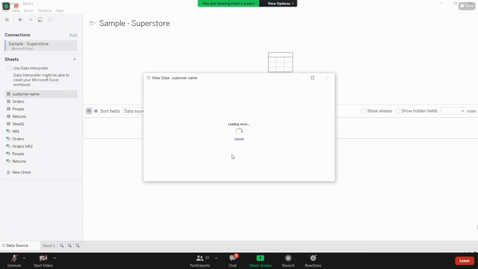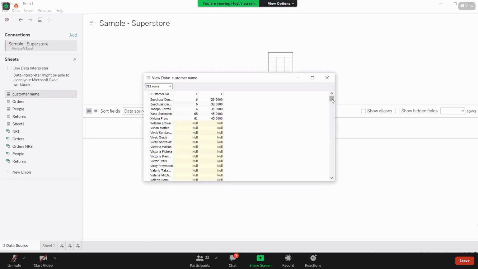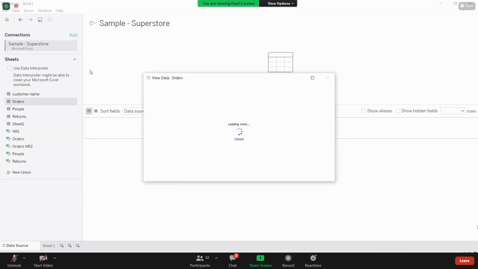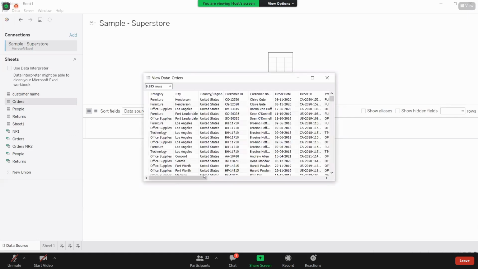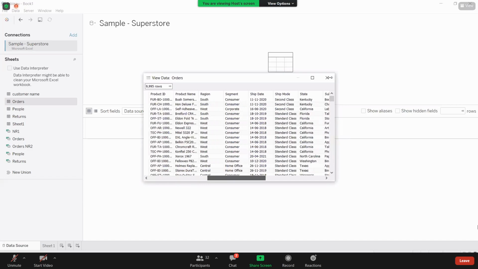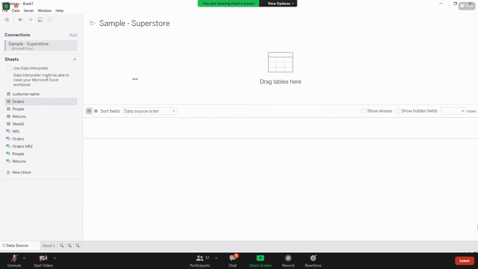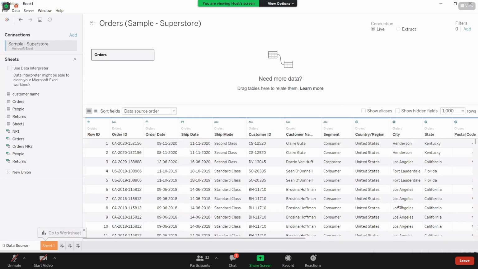It gives you a preview of the data here itself. Now just bring it to the canvas. Even Tableau is asking you to drag tables here. So this is how you connect to your Excel data source.